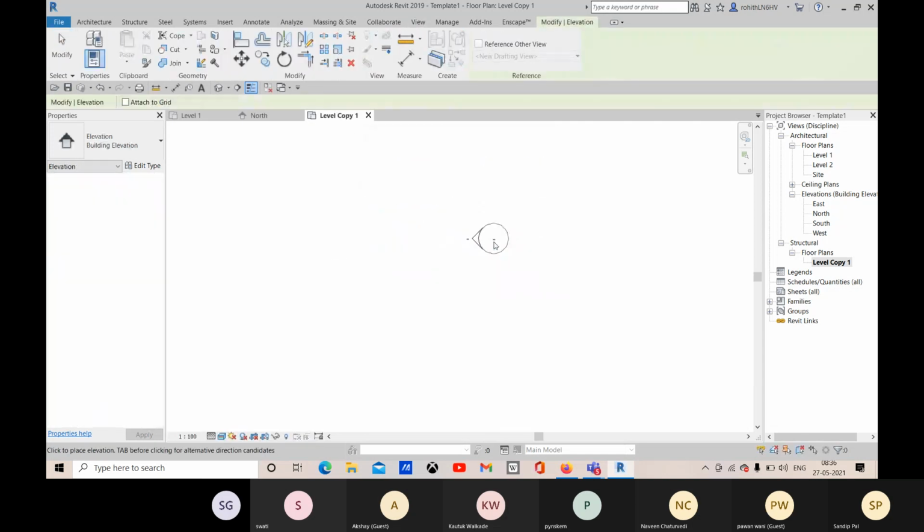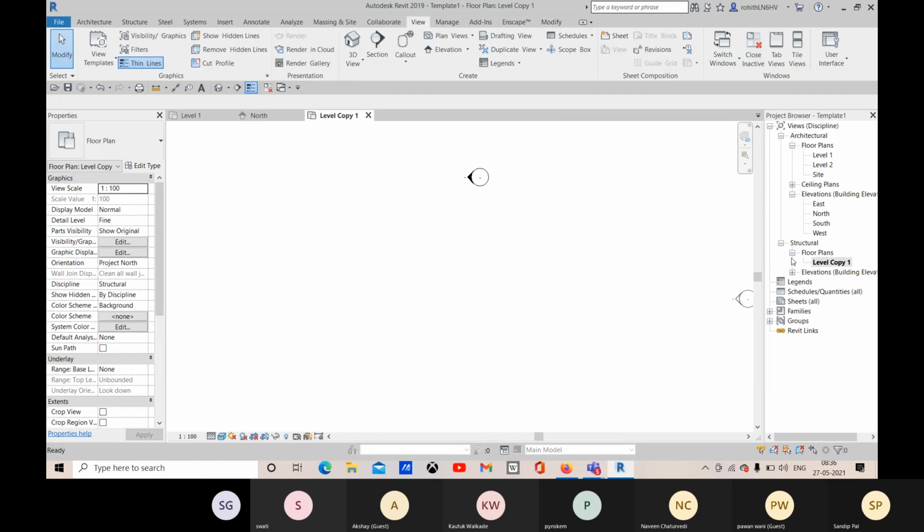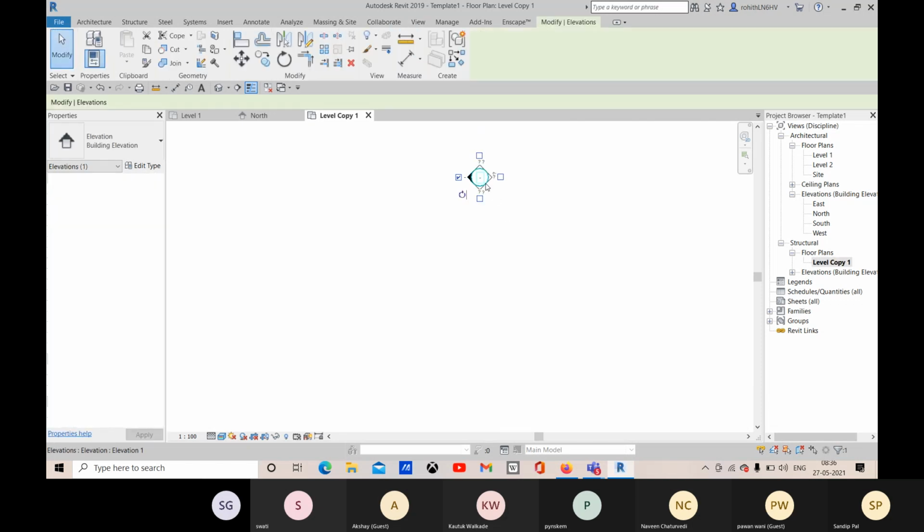Click on here and you can place it, and here you can see that it is added within this structural. Because you are creating this for the separate discipline, you can add more also. Now let me just select this, and let me check here, and let me uncheck here.